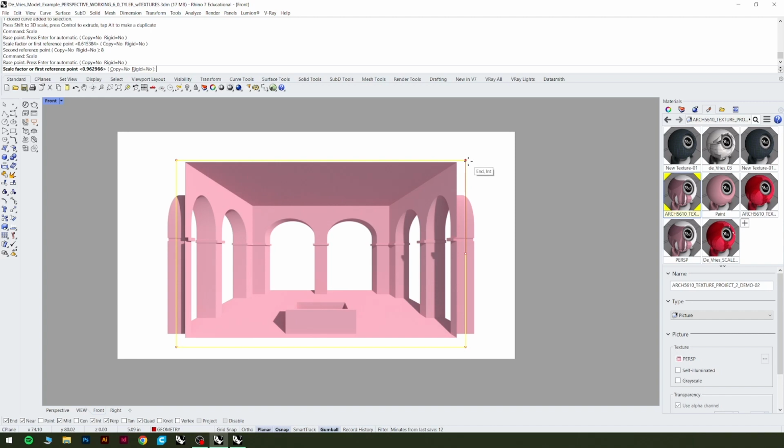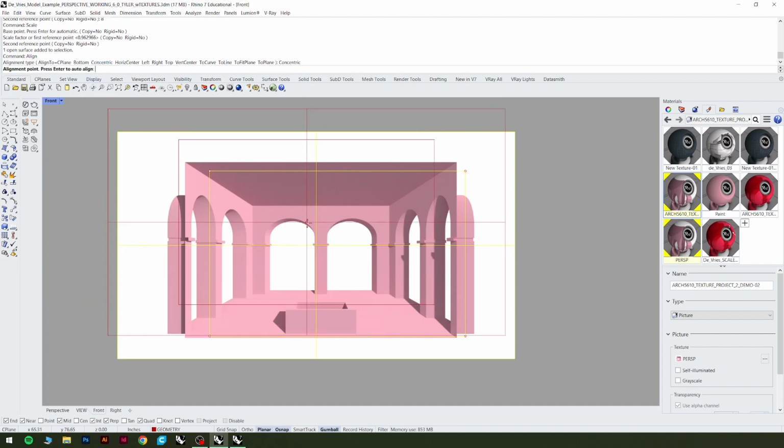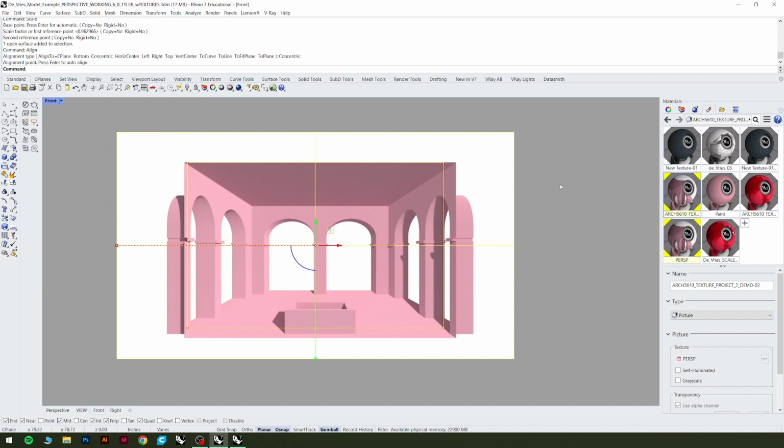Here we go. So we're just aiming for 4.5. That's a little small. Here we go, moving that up. What you could also do is select both of these things, type in align, and then click concentric, and it'll get them right on top of each other. But yeah, if that's my desired size,